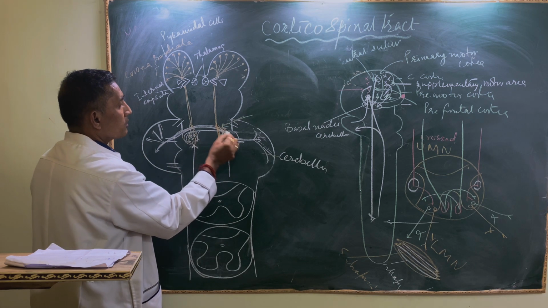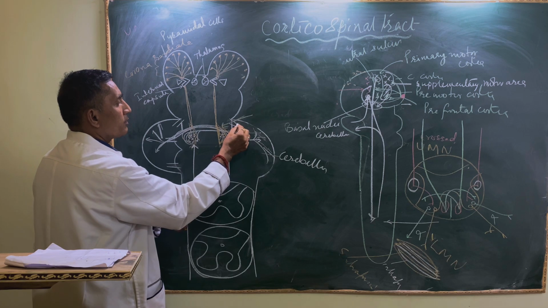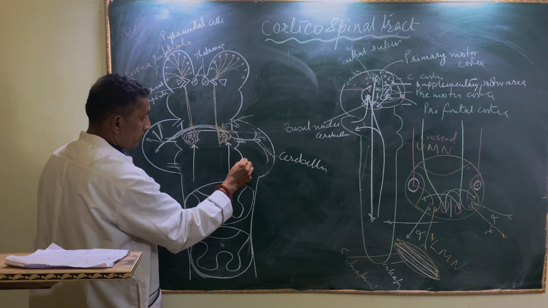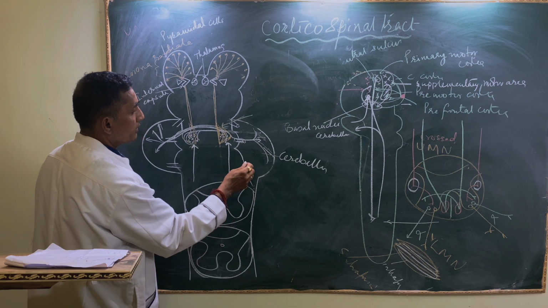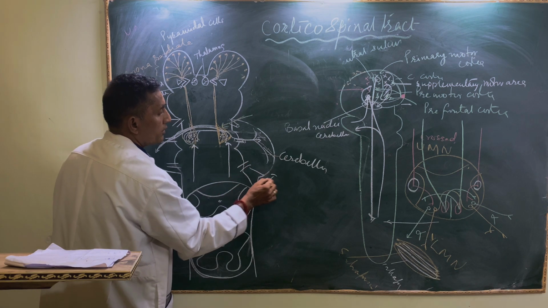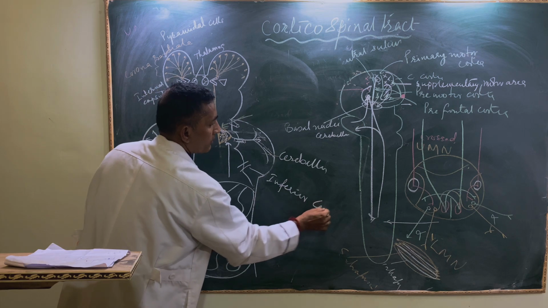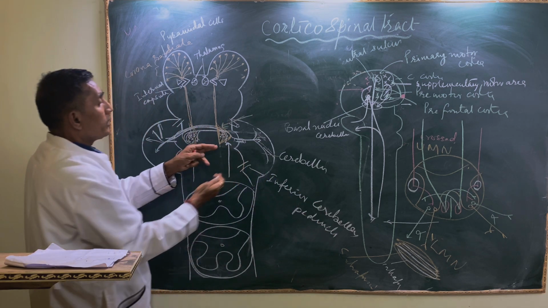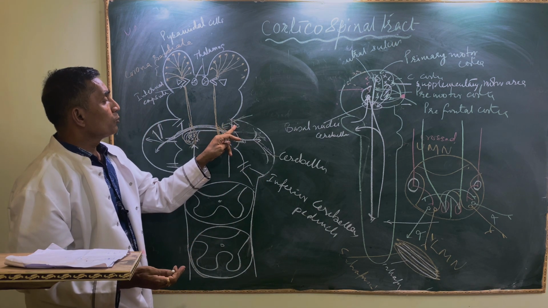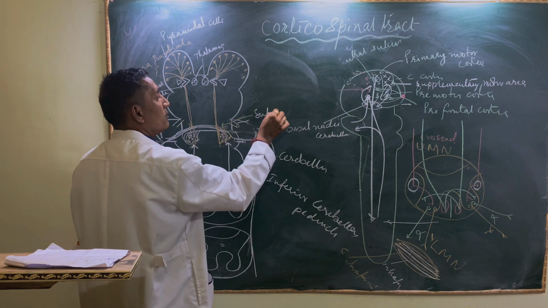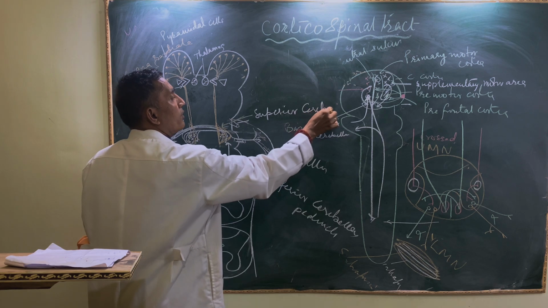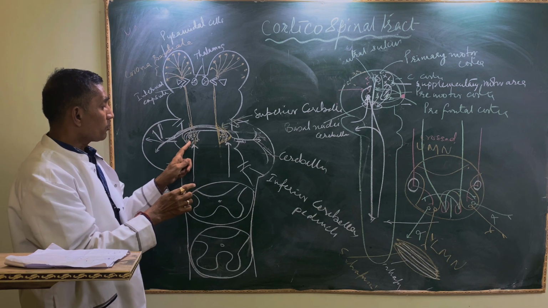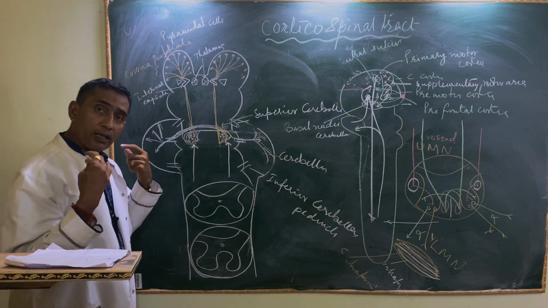So this is the middle cerebellar peduncle, this is the superior cerebellar peduncle, and we have the inferior cerebellar peduncle. This is the inferior cerebellar peduncle. So here we have three peduncles. One is the superior cerebellar peduncle, then the middle cerebellar peduncle. So what I am telling you is the proprioception-related information that is coming, where our hand is,